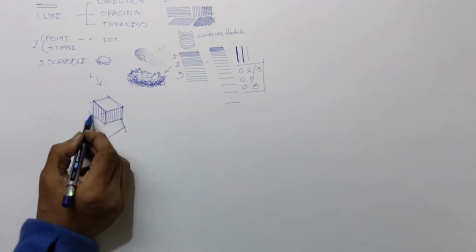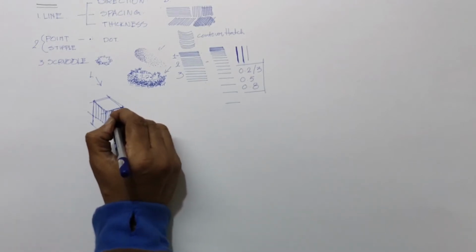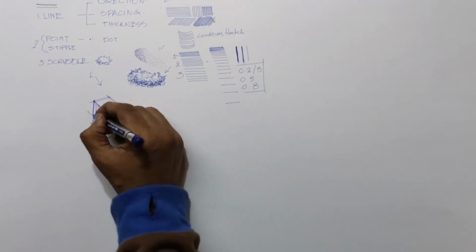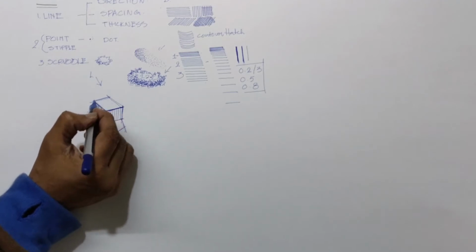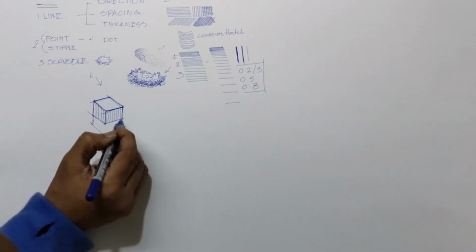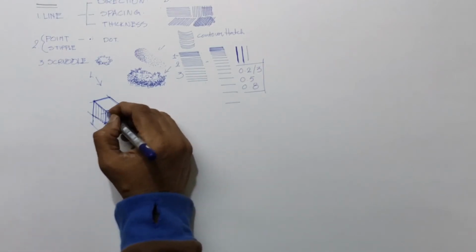So I am using the technique of spacing, and in hierarchy, as I said, the edges I am darkening, maybe 0.8 I can use. See here I am using that. So in hierarchy also I am showing this is the hierarchy. The edges are darkened. Because I am using one single pen, it is taking time.